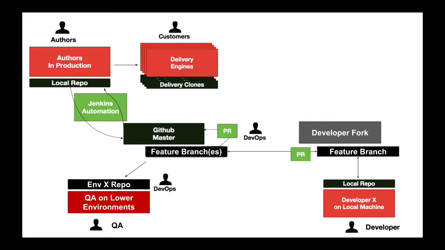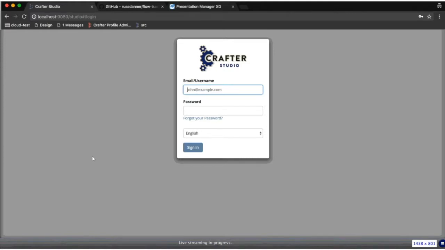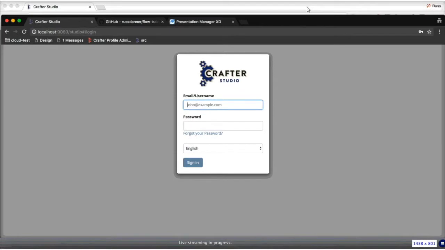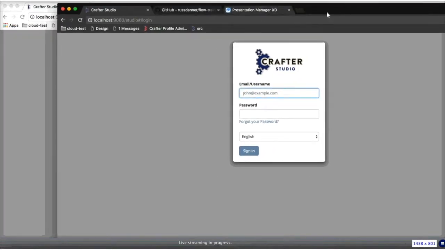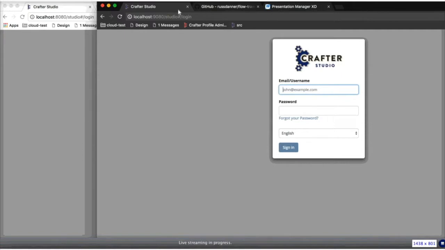Now let's look at a quick demo. For context, I'm going to show you a couple things. I'm going to open up a couple browsers here so you can see I've got 2 browsers. They're colored so you can see the difference. And there are 2 different URLs. So if I put them side by side, you'll see that all of this is happening locally, but I'm setting